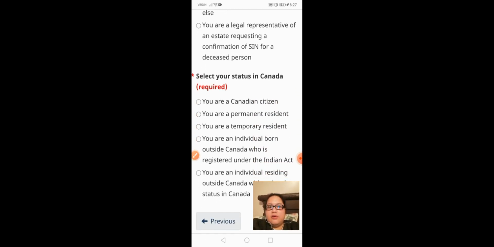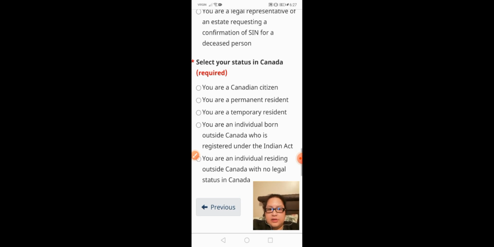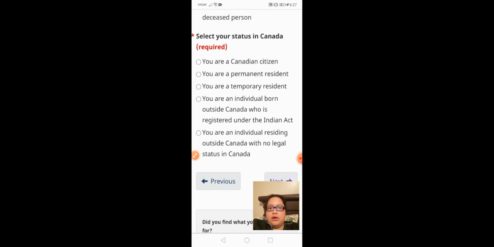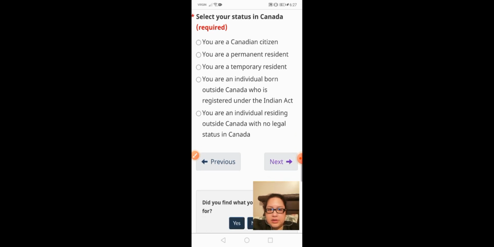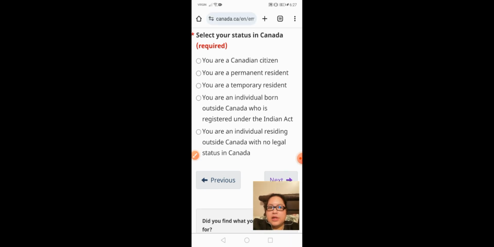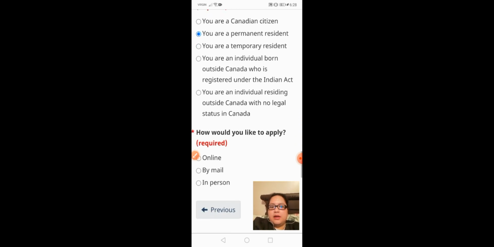So select your status in Canada. Are you a citizen, permanent resident, temporary resident? Are you an individual born outside Canada who is registered under the Indian Act, or are you an individual residing outside Canada with no legal status in Canada? So most likely you are a permanent resident or a temporary resident. In my case, I am a permanent resident, so I'll click this,